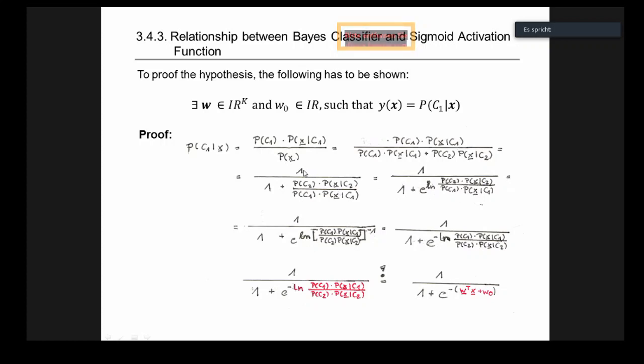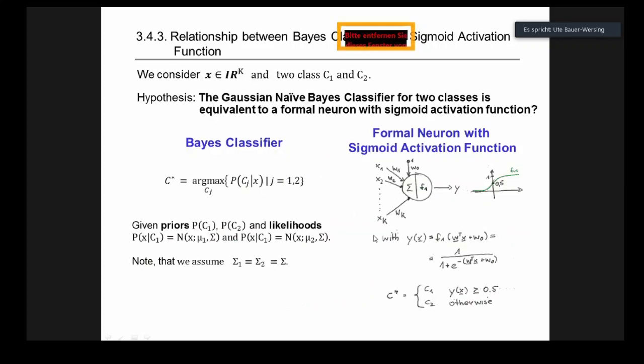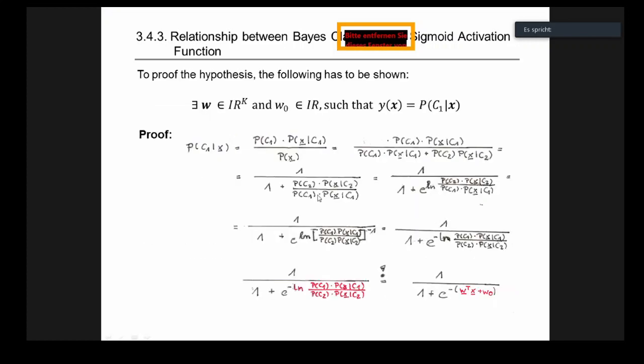Okay, so we have 1 in the numerator and we have 1 plus this quotient here in the denominator. This already looks a bit like what we see here, what the formal neuron looks like, the calculation we are doing here, right? Okay. So the next trick we are doing is we